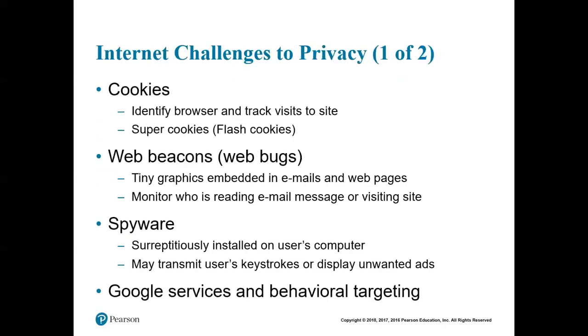Challenges to privacy on the internet. First is cookies. Cookies are small pieces of data that are attached to all the packets you send on the internet. It's a good thing for you in that cookies let you go to websites you visit often, and then when you go back, they load rather quickly. What it does for the website, though, is they can take your cookie, sell your browsing history to someone else, and then they can market to you based on your browsing history.